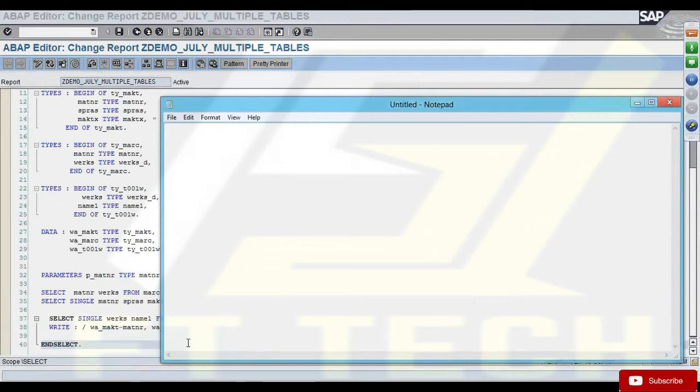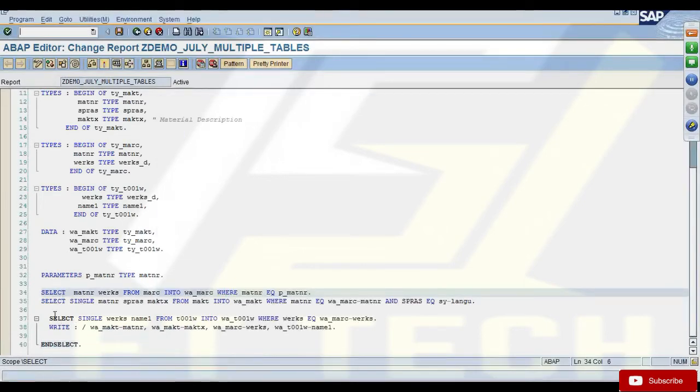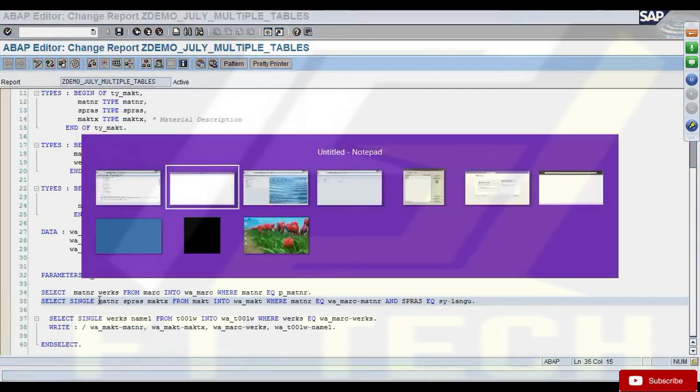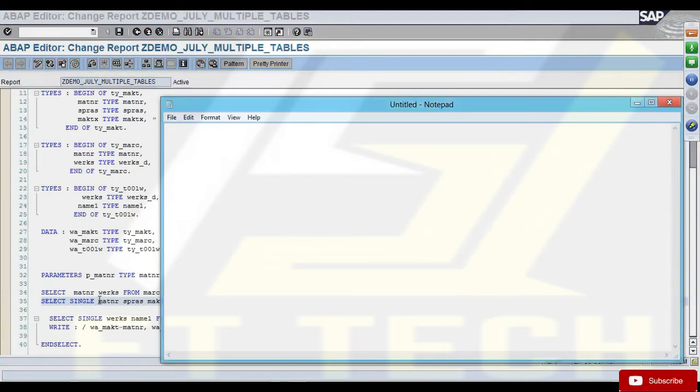Either you have the options like you have select and select. In select and select, you'll be processing all the records one at a time. With select single, you'll be processing only a single record, any one record from the database, right? The same way with internal tables also, either you can process all the records by using loop. You can compare this loop and loop to select and select. And by using the read statement, you can process any one record from the internal table.